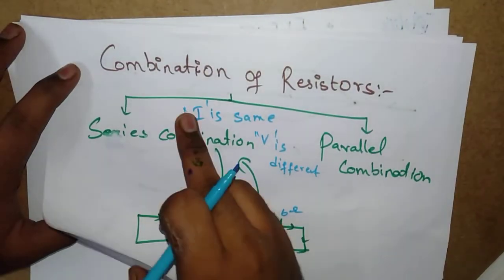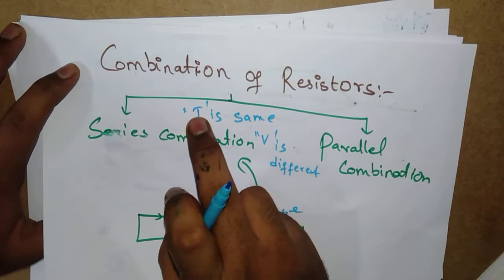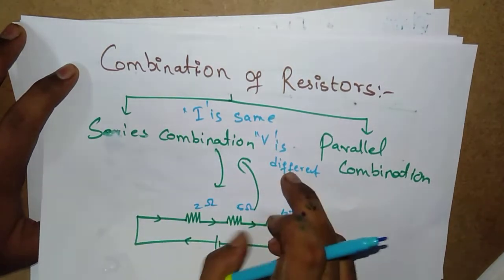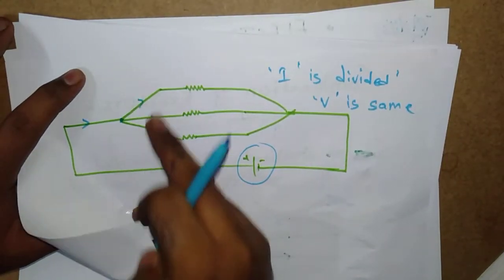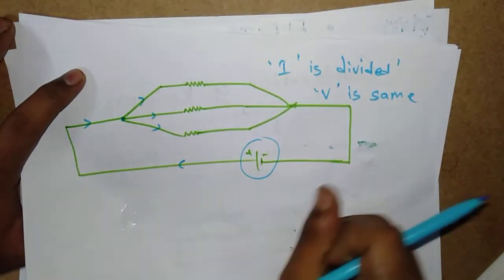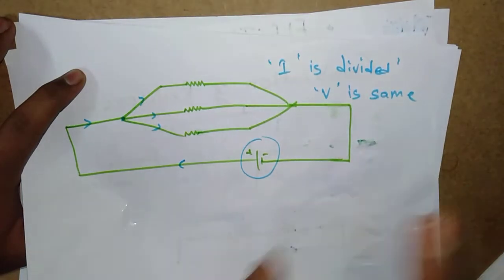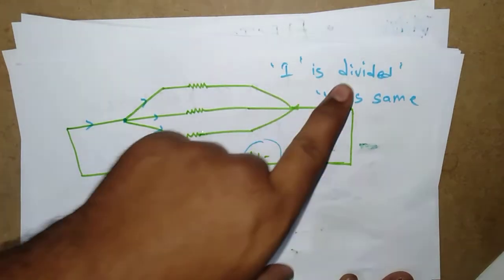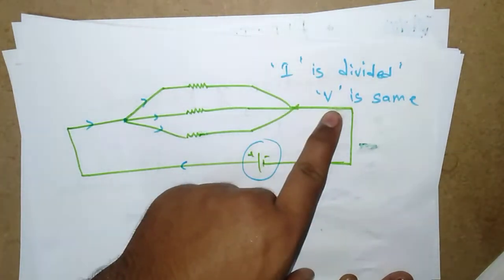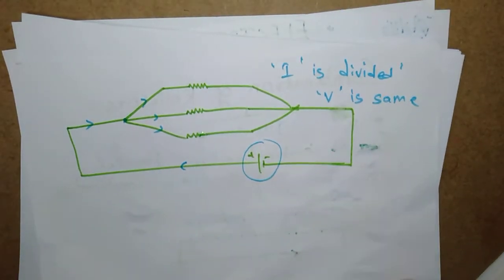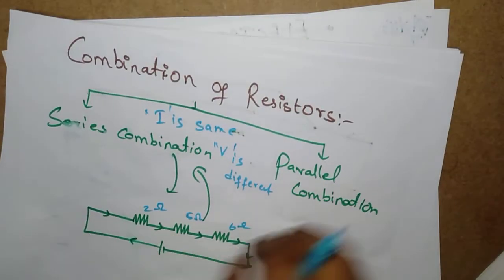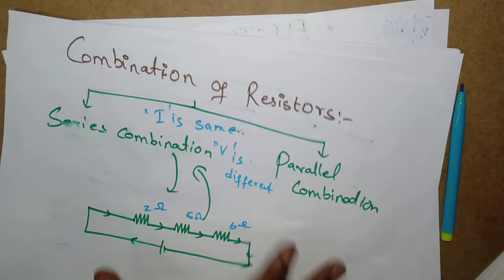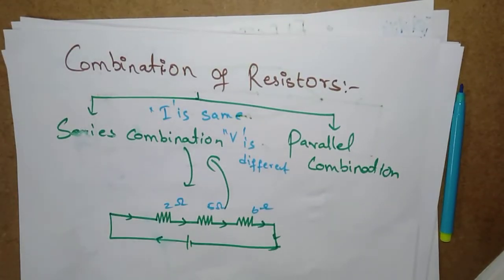Here in series combination, current is the same and voltage is different, but in parallel combination current is divided. It means the current is not the same for the resistors, but the voltage is the same. देखिए, सीरीज कॉम्बिनेशन में करंट सेम है और वोल्टेज डिफरेंट है, इन पैरेलल कॉम्बिनेशन में करंट डिवाइड होता है और वोल्टेज सेम रहता है। सो अब यहाँ पर सीरीज एंड पैरेलल कॉम्बिनेशन समझने के बाद सीरीज एंड पैरेलल कॉम्बिनेशन में हमको फाइंड करना है